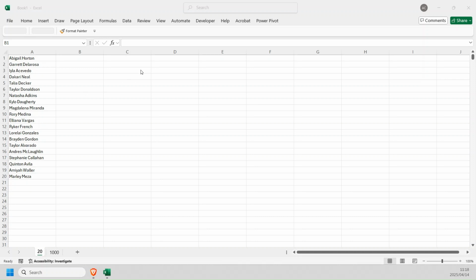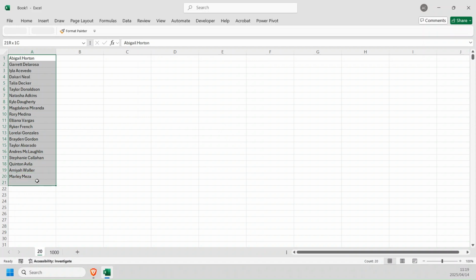So data handling is big to us at my BI, and we really love optimizing our ability to deal with data and make it faster for you guys. And I think there are a lot of administrative people we work with, and a lot of people that actually work with Excel that we always try and help. So I'm going to show you something that's quite nice, a few new features of Excel I think many people aren't aware of. So what I want to show you is I've got 20 names over here,